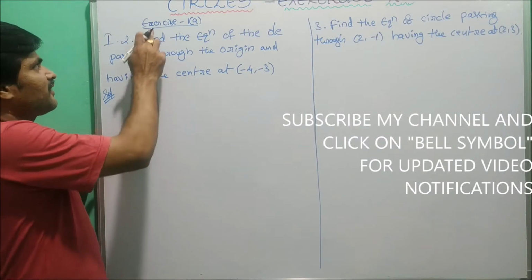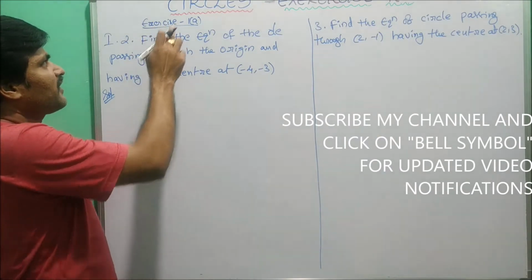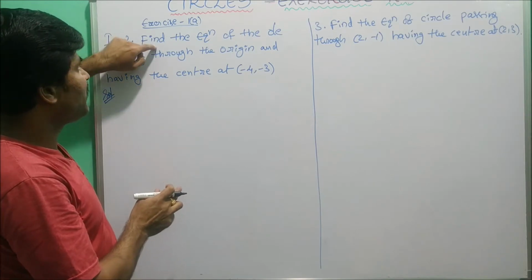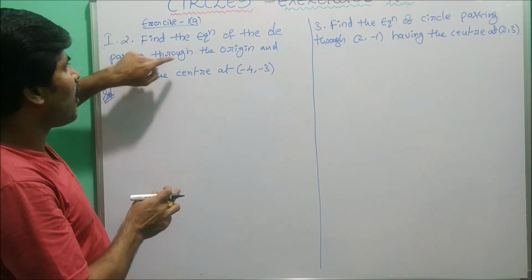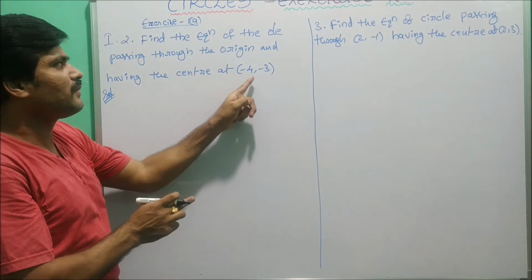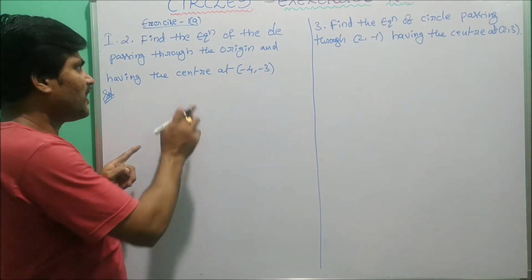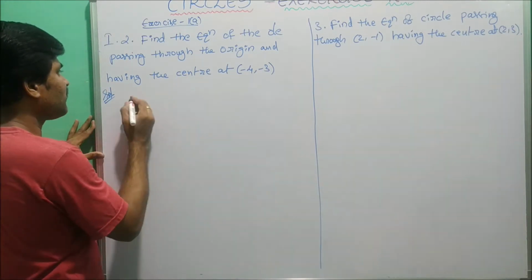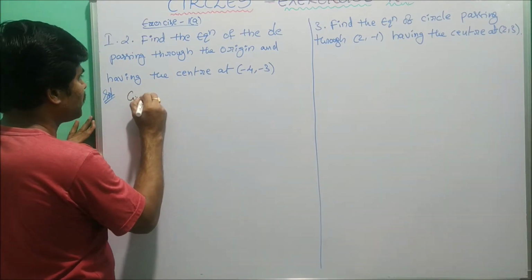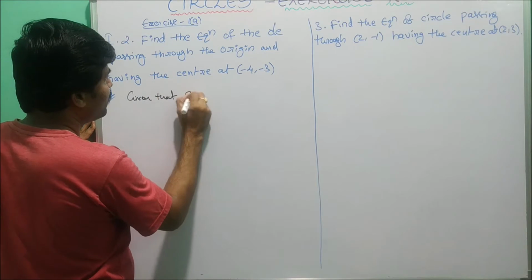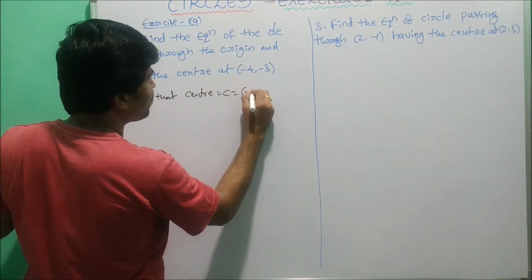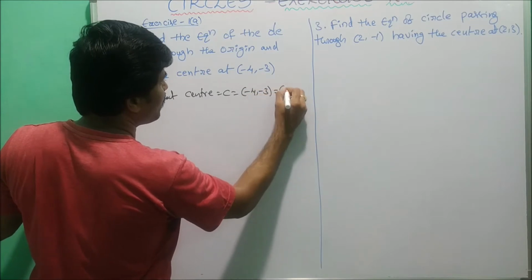Now let us discuss the solutions of the problems in exercise 1a. Here in the first Roman, the second one is: find the equation of the circle passing through the origin and having the center at minus 4, minus 3. Already discussed the same model in example number 4. So here given the center of the circle, center C equals minus 4 comma minus 3, let it be some (h, k),